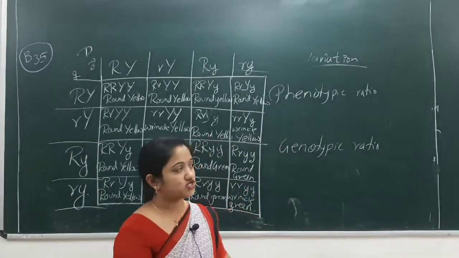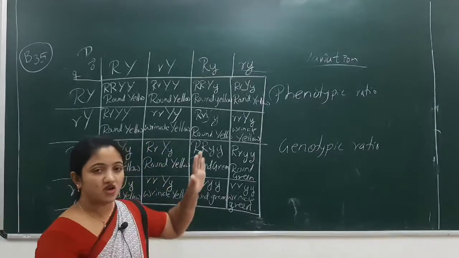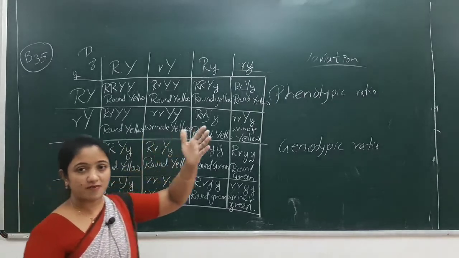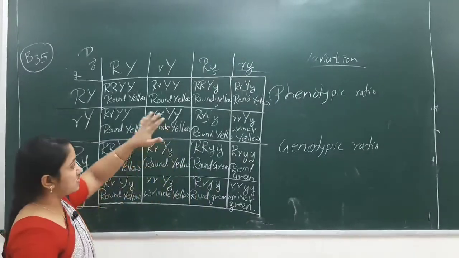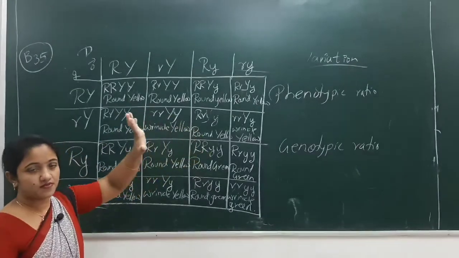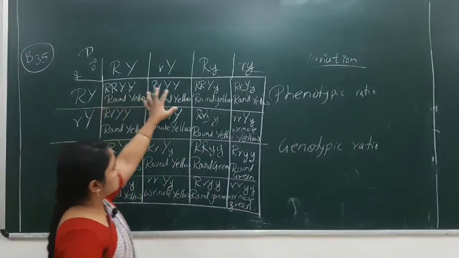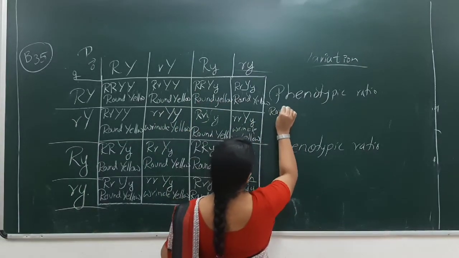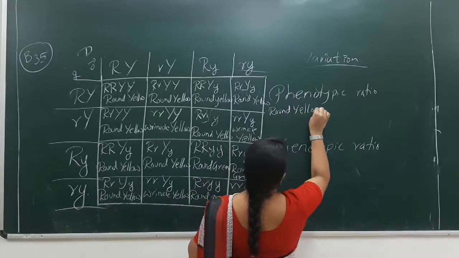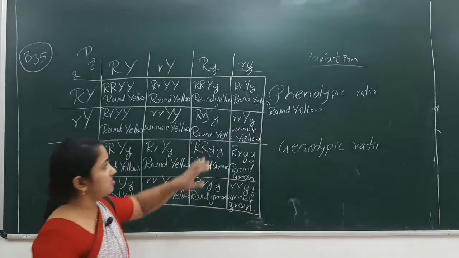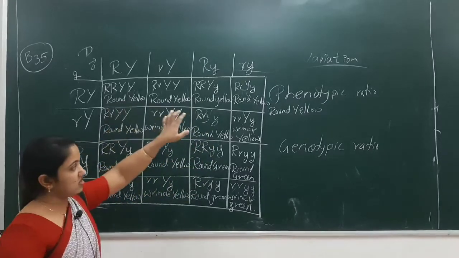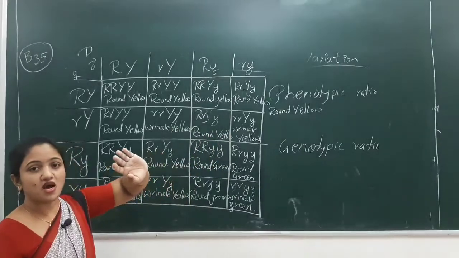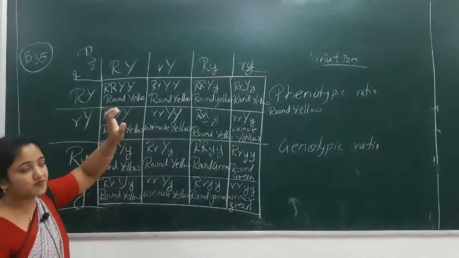that is writing the ratio. The ratio of phenotypic and genotypic we have to write. So the phenotypic ratio, how will you write? Phenotypic means the appearance, physical appearance. How will the offspring be? It means put all the round and yellow on one side. Okay, so round and yellow. So why am I writing round and yellow? Because here we got one round and yellow. I am writing that round and yellow on one side. Later I will start counting the round and yellow offsprings.